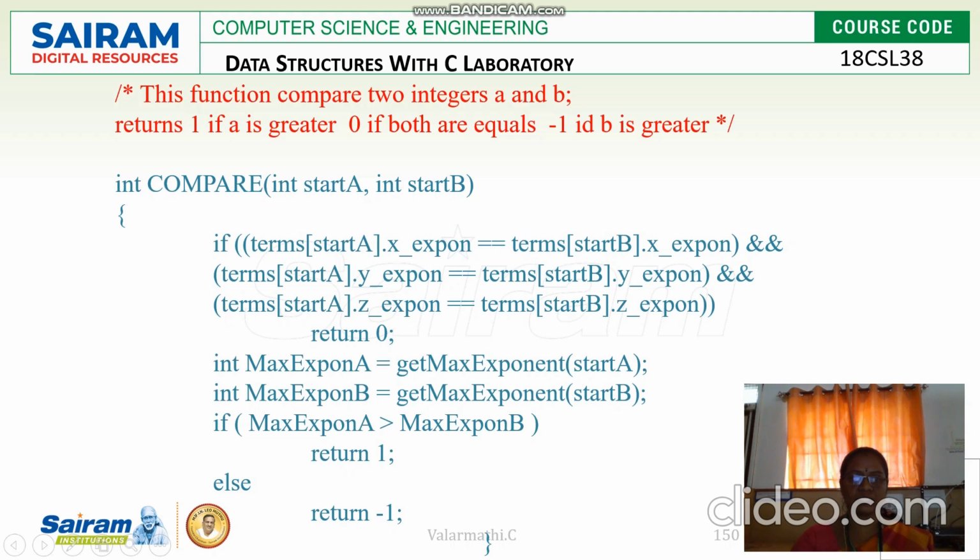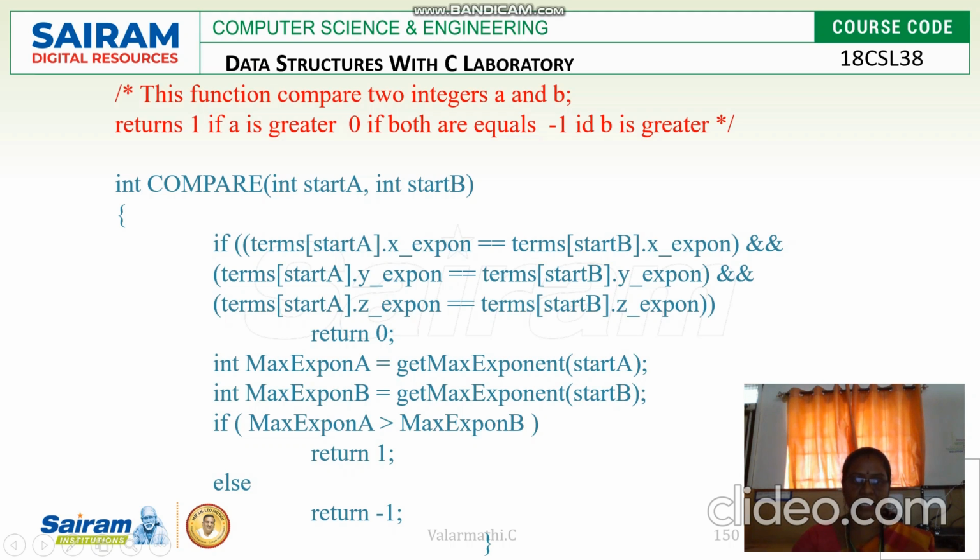What it does is compare 2 integers a and b and returns 1 if a is greater than b. If both are equal, it returns 0, and otherwise -1. Like that, the comparison is made. Why we should compare is that we should check the exponent factors of the first polynomial x with the second polynomial x. So this comparison is happening here. There are some conditions. What conditions are given here? We should focus on this.